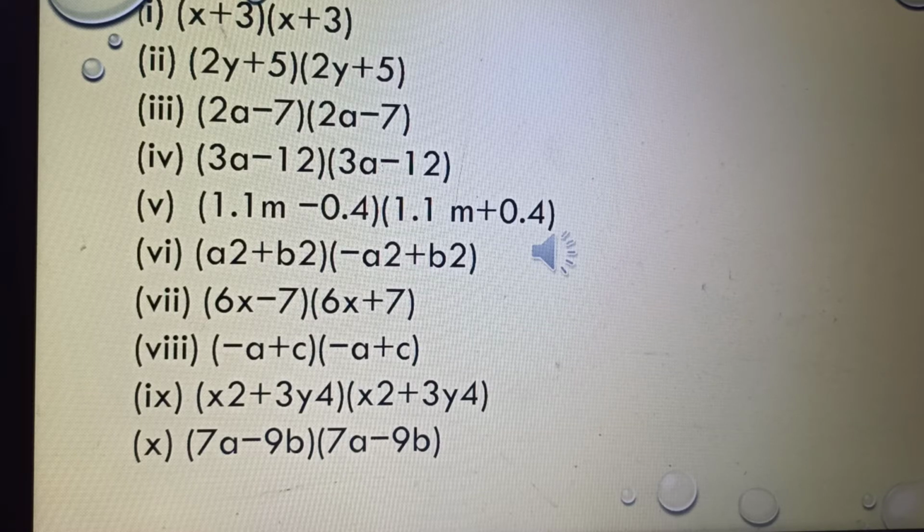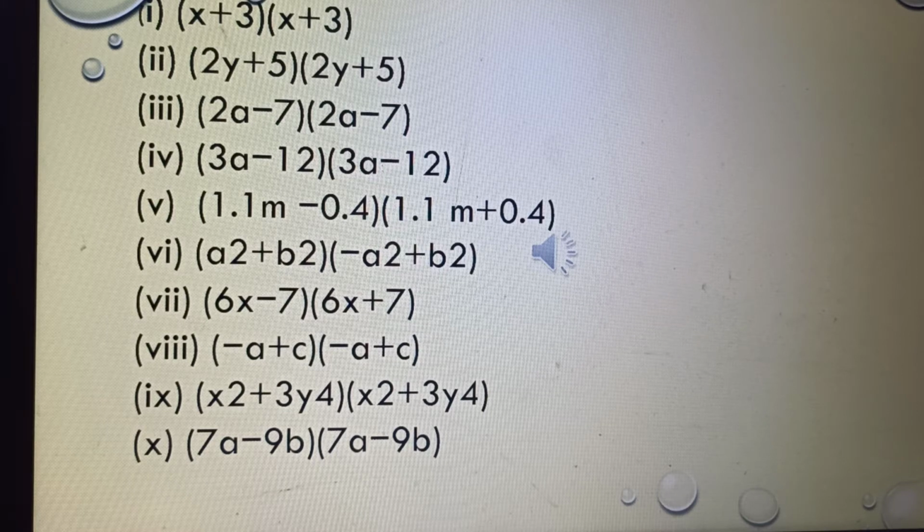Then the fifth problem. We should know about decimal addition and decimal multiplication. For addition, we just add the numbers and copy the decimal. That is a simple way of doing decimal addition. For multiplication, just multiply the numbers and count how many decimals are coming and put them. That is 1.1 whole square is 1.21. 11 into 11, we know that is 121. There is one decimal place, and again one decimal place, so count 2 decimal places. From the right side we put the decimal after 2 places, 1.21. Like that we have to solve.